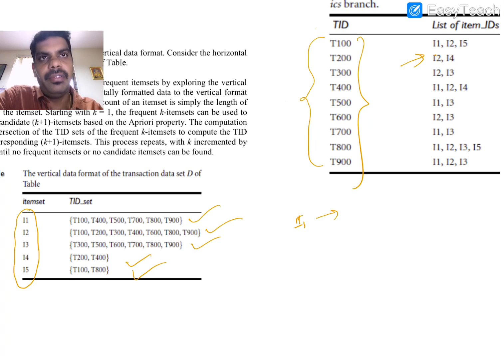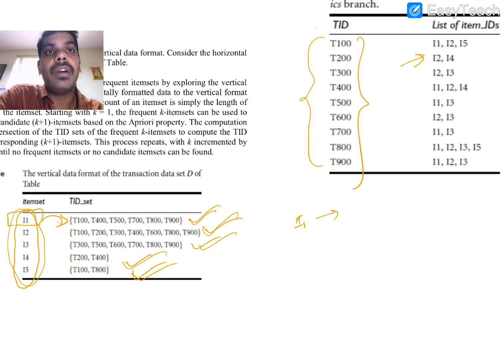The list of items we have taken and the support count is mentioned. Here, for each and every item, we are going to identify where it is involved. So this is the vertical data format. What we are able to identify is how many times each occurs: I1 is occurring 6 times, I2 is occurring 7 times, I3 is occurring 6 times, I4 is occurring 2 times, and I5 is occurring 2 times. So I1, I2, I3, I4, I5 individually, we are going to consider them as frequent one item sets.